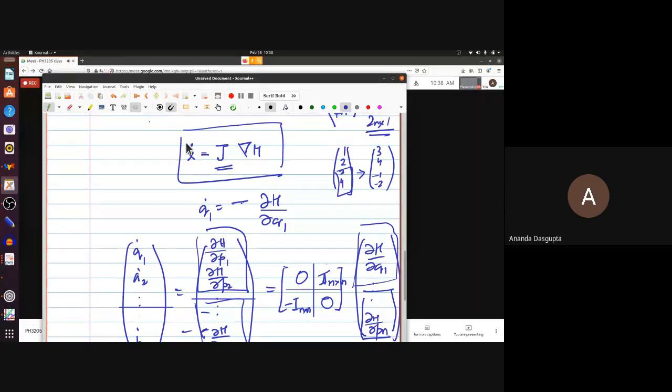So, okay, let's not waste too much time today on this because I have to start on the second topic. But I will come back to you, and I hope all of you understand this, that if you put in a matrix like this, where the 0, of course, is an n by n 0 matrix, then when you multiply this by this, the 0 takes care of this, kills it completely. The identity makes this move to the top. On the other hand, when you multiply the second row, minus identity takes this, pushes it down here with a negative sign. And of course, the del H del P's just vanish because they are multiplied by 0. So this is the compact way of writing